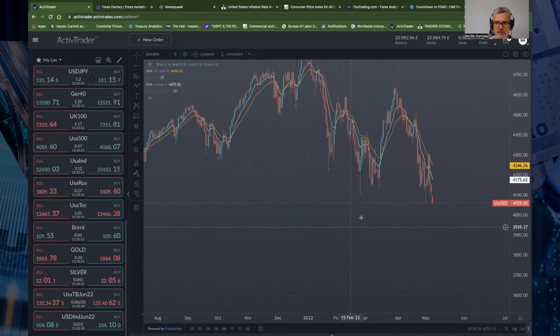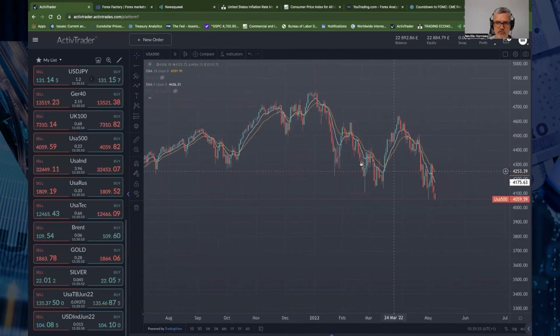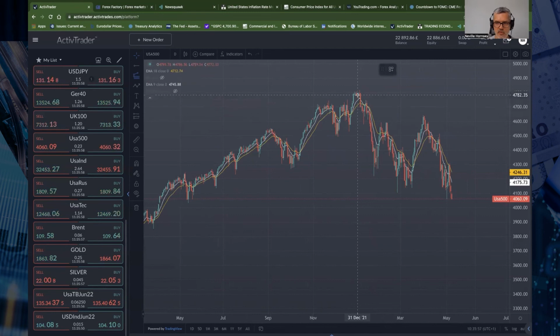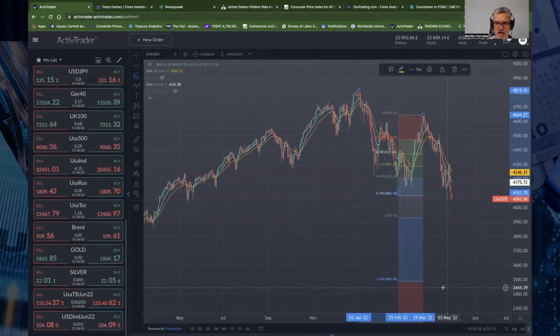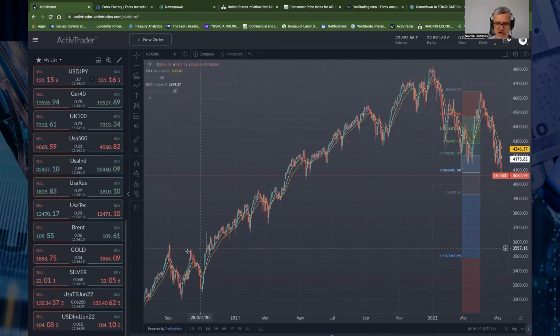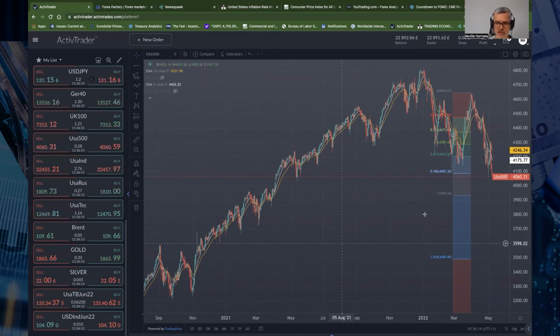So at the moment, S&P 500 is looking in a down trend. If I was to put a fib extension tool up, we can go from the swing high down to the low, back up to the next swing high. 1.618% retracement takes us all the way down to 3,500. If we look to the left, that is also a market structure target down here. So we could be coming down a lot lower.